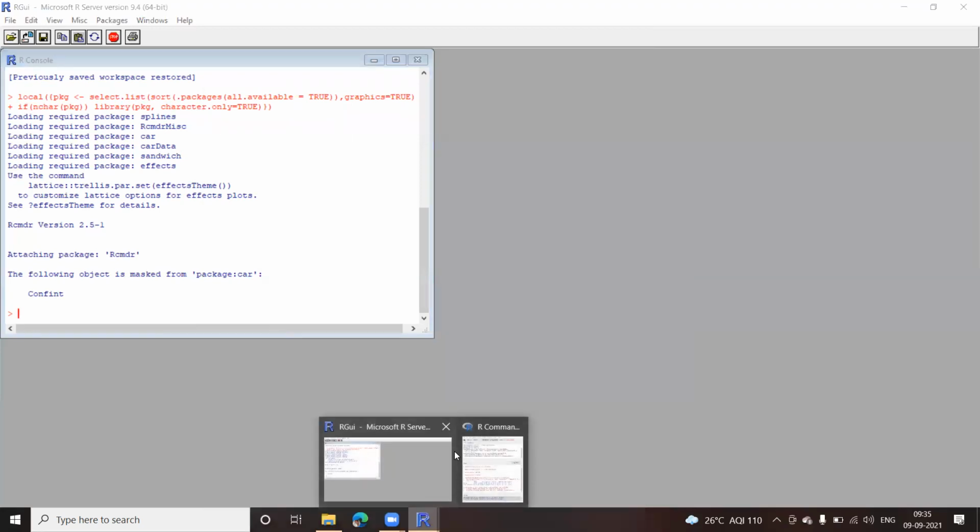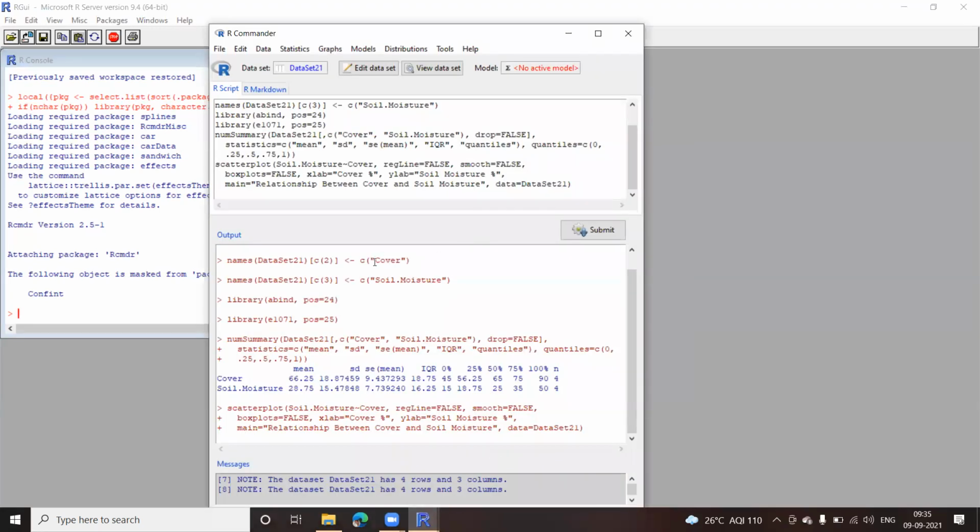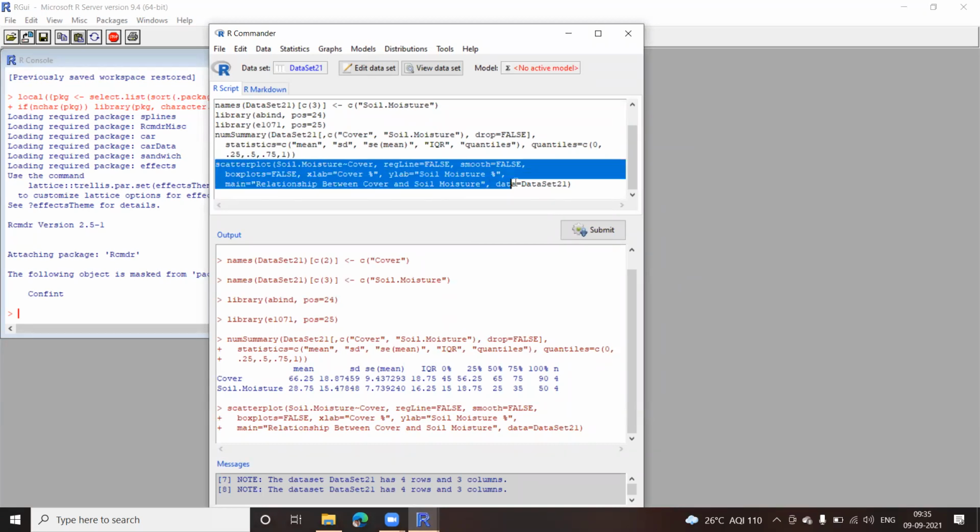I'll come back to my commander, and instead of going back to the dialog, you can see this scatter plot code has been created for you. It says scatter plot in the two variables here. On the y-axis I had soil moisture, and on the x-axis the cover.